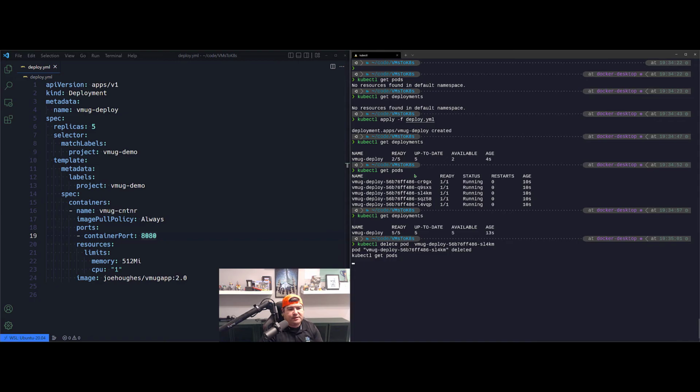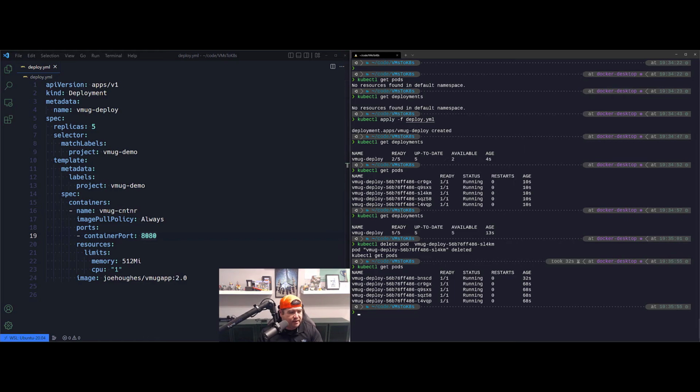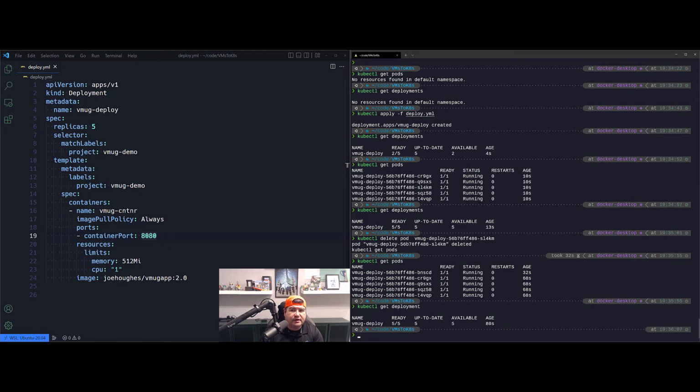As soon as the control loops detect that there was a pod that was in a not healthy state, right, where I forcefully terminated it, it's going to say that this doesn't match the state of the deployment where we wanted 5 replicas, and it's going to automatically fire up a new pod to get this up and running and get it back to our desired state that's in the configuration. So at this point, we're just waiting for kubectl get pods to come back to show us, and there we go. We no longer have this SL4KM, and we have a new pod in its place, this Q9SXX. So if we go back and look at our deployment again, we have 5 out of 5 that are defined. So we are back to our desired state.